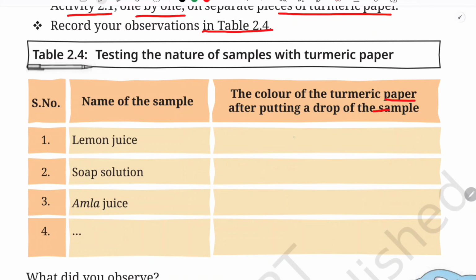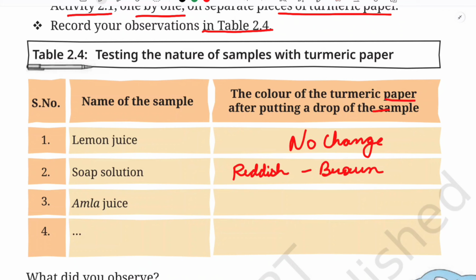There is no change. And why is there no change? Because turmeric paper cannot act as an acidic indicator. And again, if you put this soap solution, then what will happen? It will turn reddish brown in color. Why? Because this proves that the turmeric paper that we have created can react only with a basic